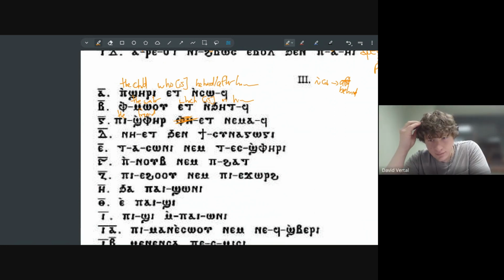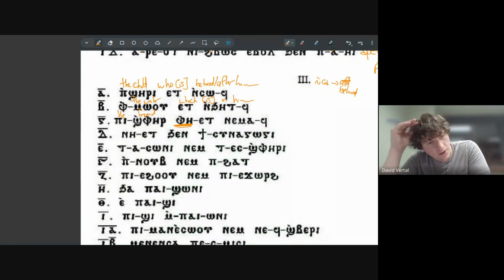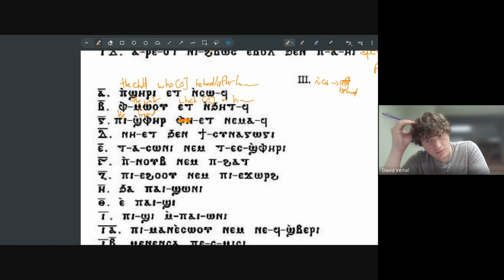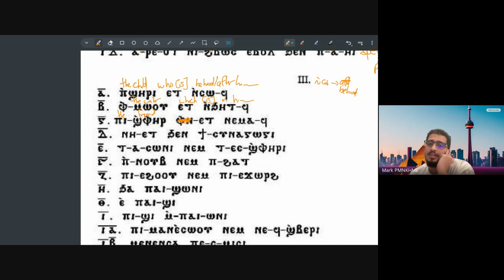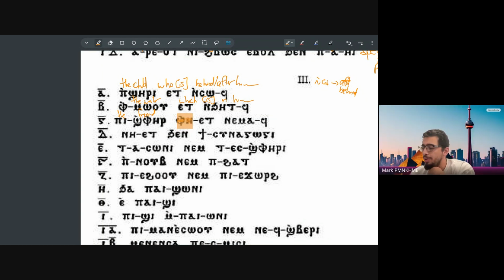What you said in English would be ⲫⲏ ⲏⲏ, so the friend who is with him. But this is not the friend who is with him. There's a p at the end. Friend that is with him. That would be it. Just do this. So how do you do it without p? Say the full sentence without this one. ⲫⲏ ⲏⲏ. So the friend who's with him. Yes. So what happens if we do this?